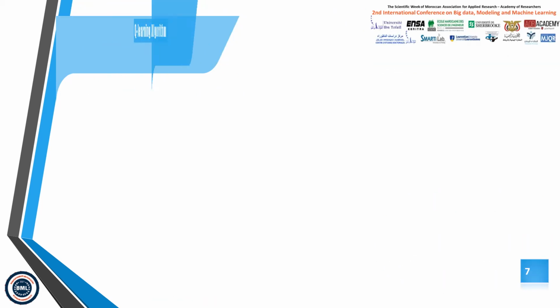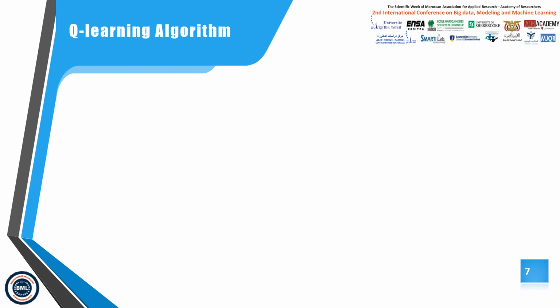The Q-learning algorithm is an off-policy reinforcement learning algorithm that seeks to find the best action to take given the current state. It offers an idea of evaluating the quality of an action taken to move to a state rather than determining the possible value of the state to which it moves.